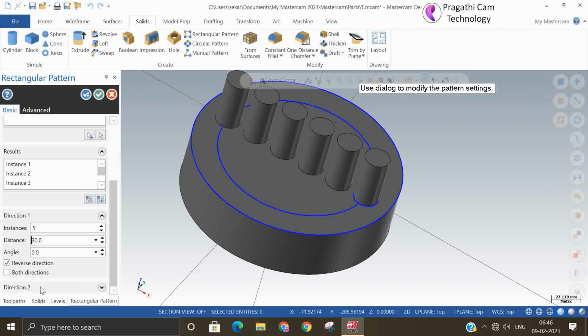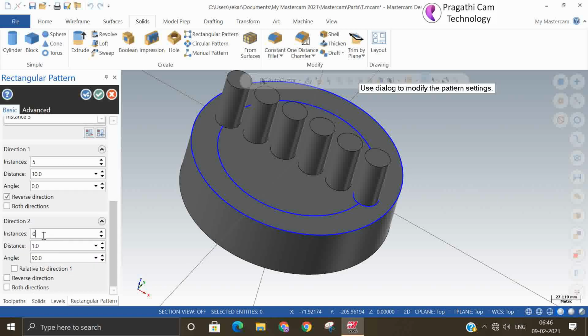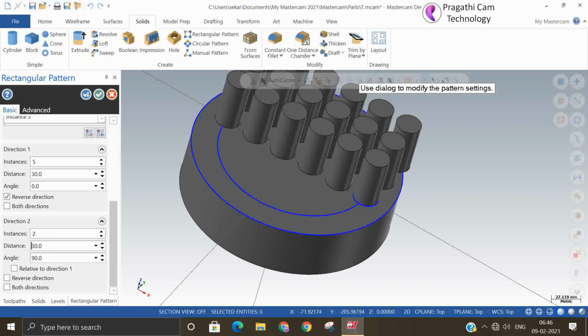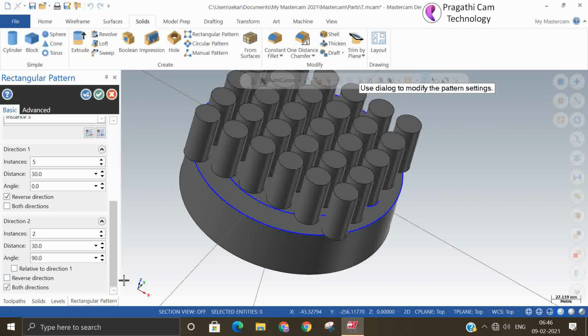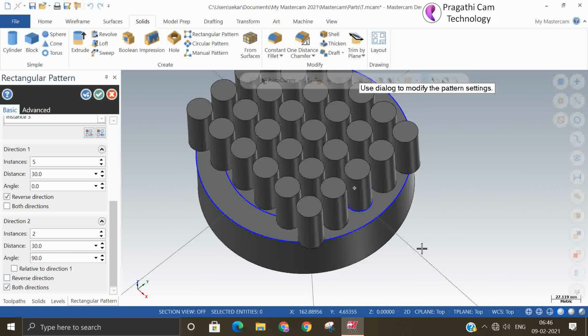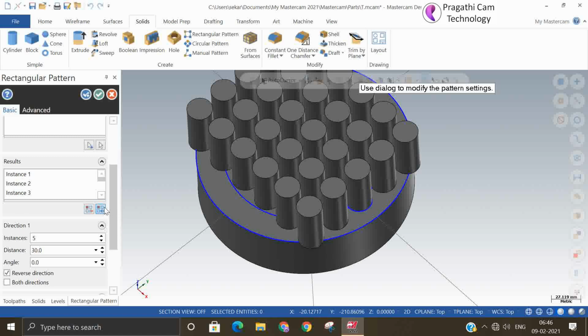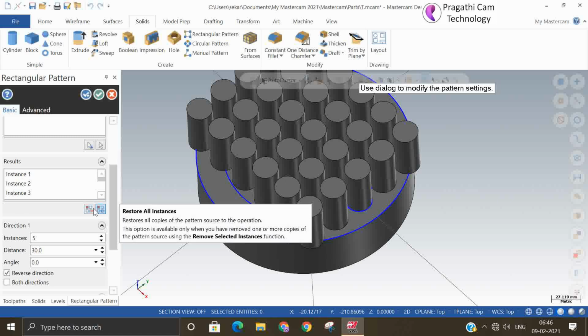So now the other direction also we can switch on and use. So 2 and the distance also of 50 or 30. You can say both the directions. So this is the rectangular pattern. So some of the things if you don't want, you can remove this. Okay. Remove selected instance.